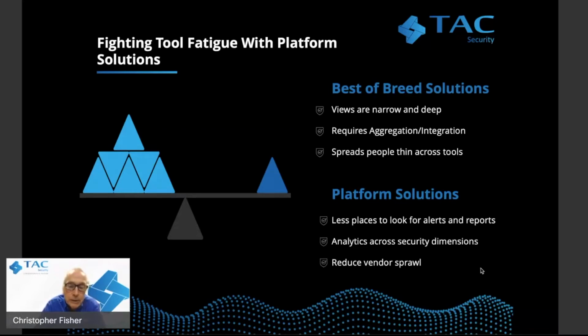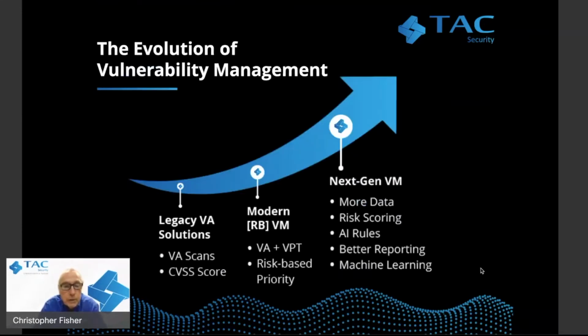And then finally, Cisco, in their analogy for platforms, talks about a portfolio-based, where you're using a set of tools from a particular vendor that cover multiple security dimensions. And because it's all coming from one vendor, you can integrate those tools effectively. The main point of a platform architecture is that you're looking in one place versus many places, which can drive operational efficiency for your teams and lead to better outcomes in terms of managing security. So if we go to our next slide, we'll look at this from the point of view of vulnerability management.